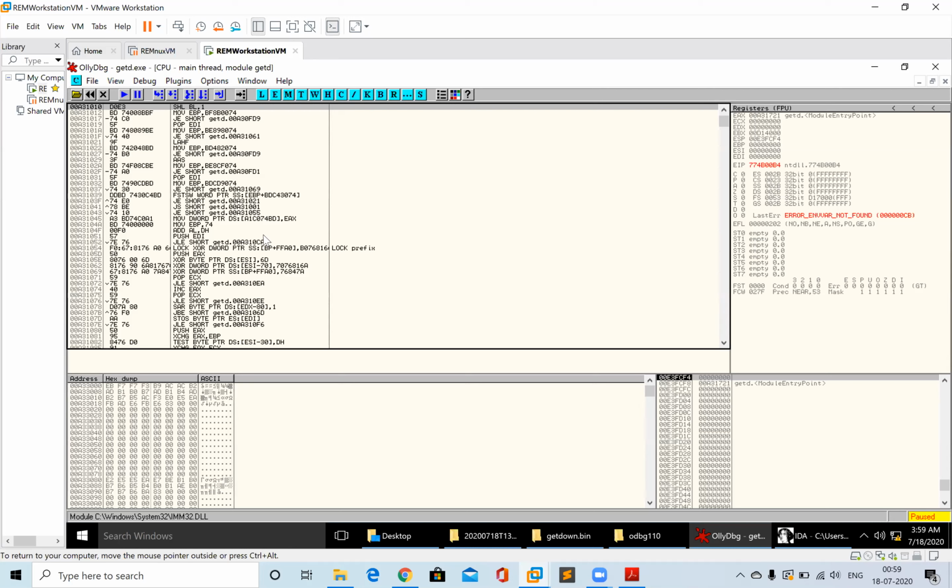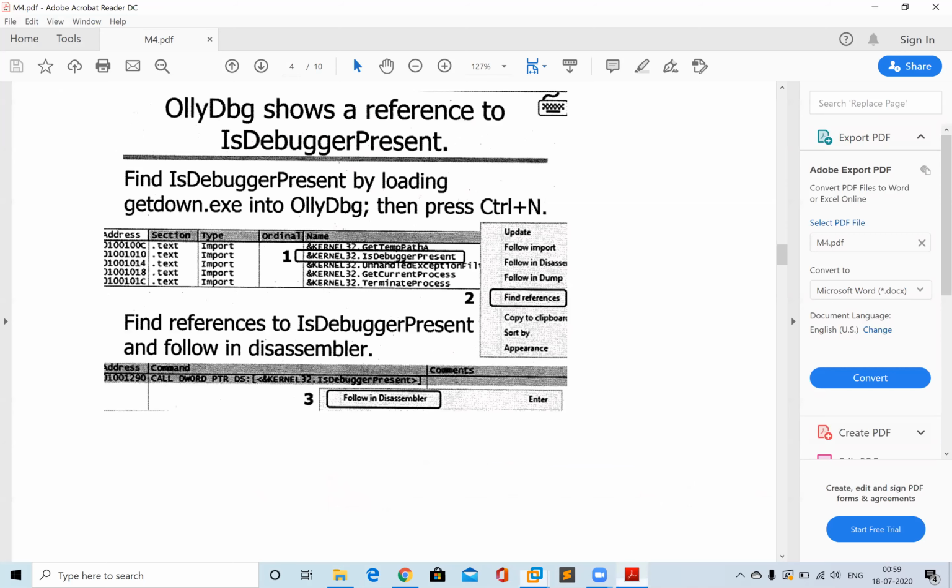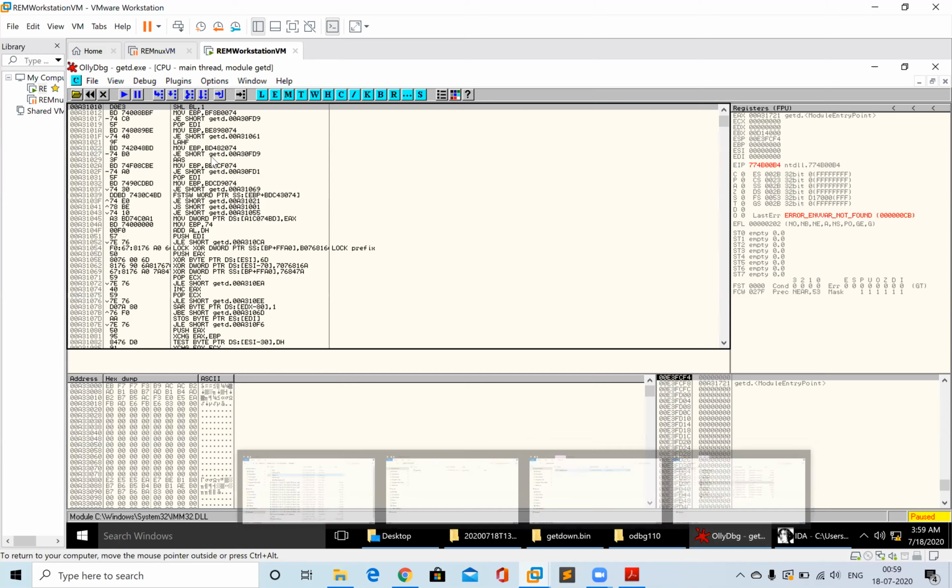So most of the time they will use functions like IsDebuggerPresent to protect themselves from reverse engineering.